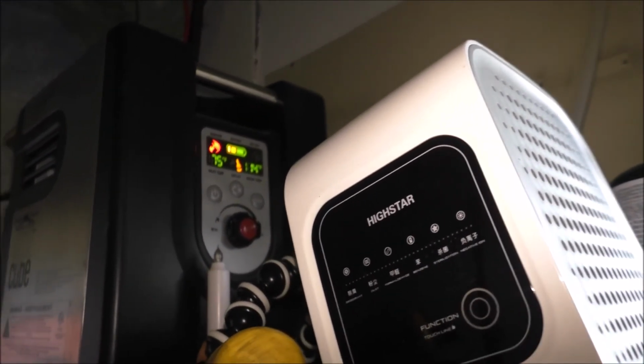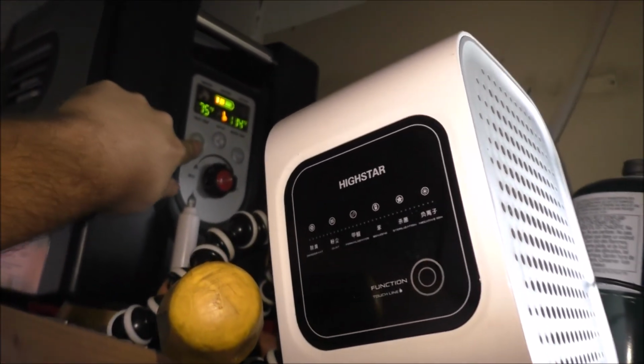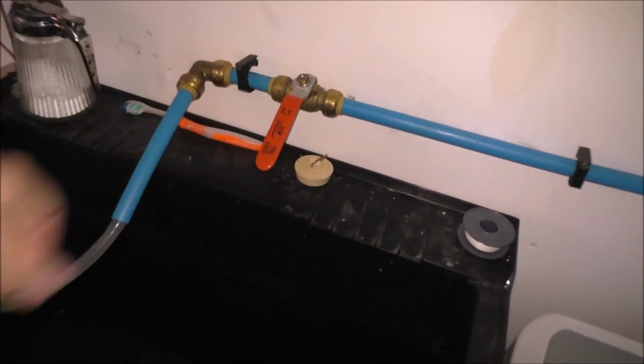So what I'm gonna do is turn the pump off, and that automatically shuts this guy off, and then you can hear that it's settled down. And then I have to shut this off,